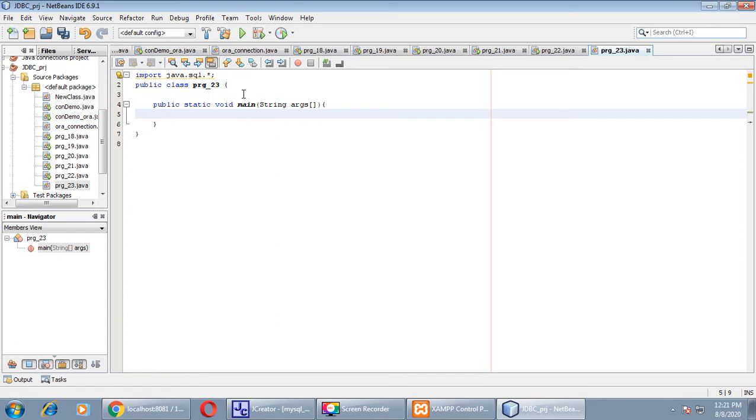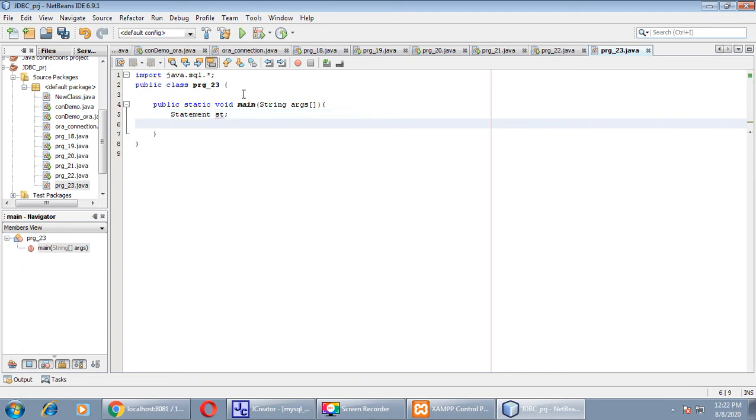Main class begin. Create one object of Statement class with name st, and one more object of ResultSet class with name rs.